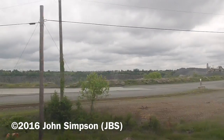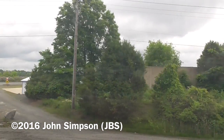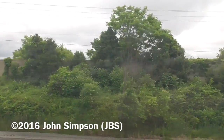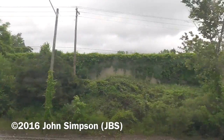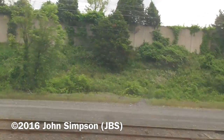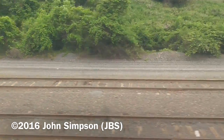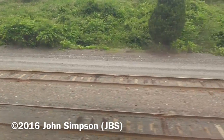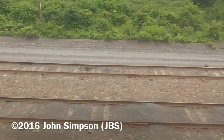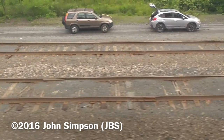Huh. I didn't know they had their own diesel switchers. I didn't see him. What type? They looked like old SW1500s or NW2s and people on the flippin' main line. Where? Right here? No, there's a road. No, right there. Oh no, get off. Off the car too, for goodness sake. This is what irritates me about what gives us rail fans a bad name. They think we can just go and